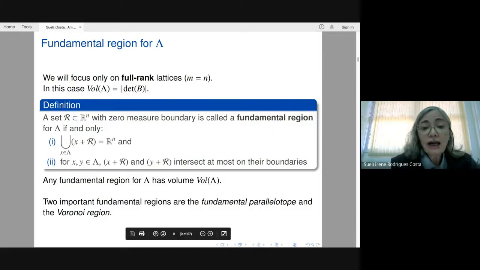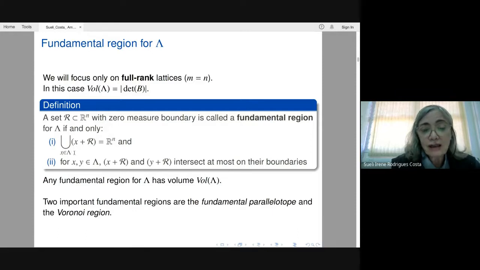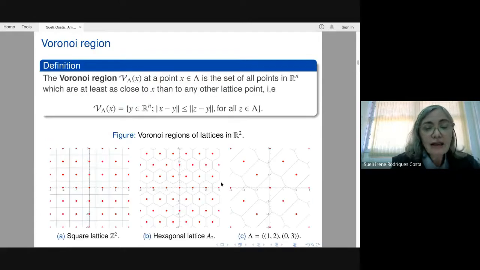So, in the sense that if you translate this region by vectors of the lattice, we reproduce Rn, and any 2 different translations intersect at most on their boundaries, which means zero measure, right, in the intersection. So 2 important fundamental regions are the fundamental parallelotope, which we have shown, and the Voronoi